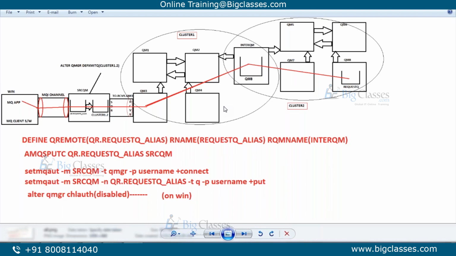Between clusters, you should not enable direct communication. Why? Because it is administration overhead. So we join the clusters with an intermediate queue manager. Between the clusters, to enable high availability, we configure multi-instance queue manager and the gateway.